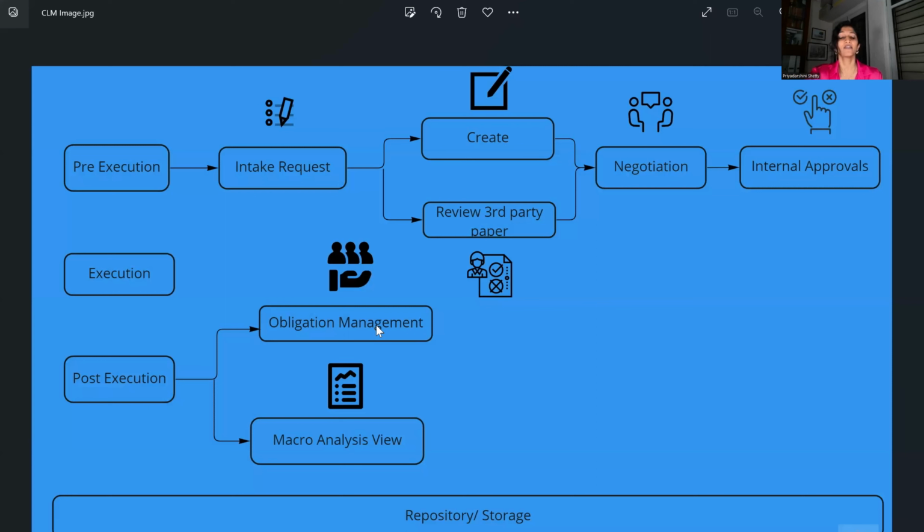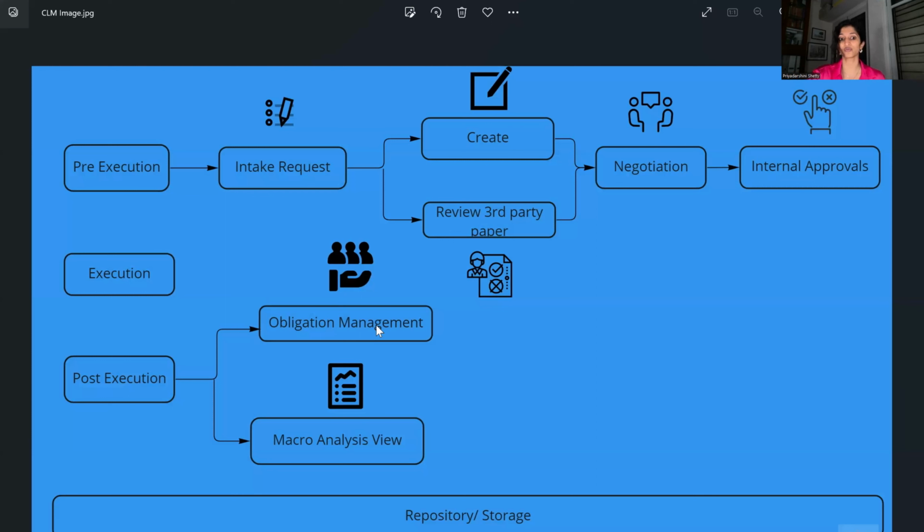So for instance, if it's a contract where the consideration is more than 100,000 USD, then it needs approval from ABC, or it needs management from ABC. So you need to have all of that matrix for obligation management as well very clearly defined, because then when you actually get a system, it's easy for you to just plug and play that information into the